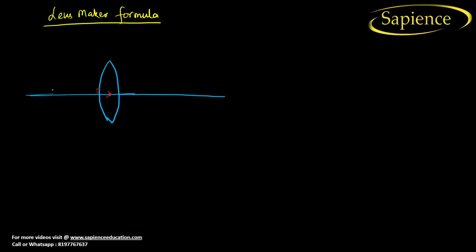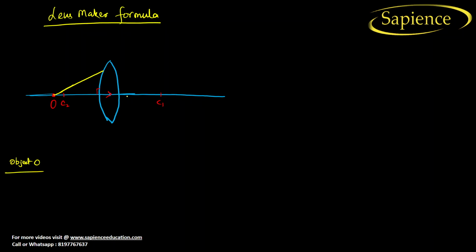Let us consider this is a center of curvature, that is C2 for this lens, and this is also the center of curvature C1. An object is kept at this point. O indicates the object distance. Now when light rays come from the object,